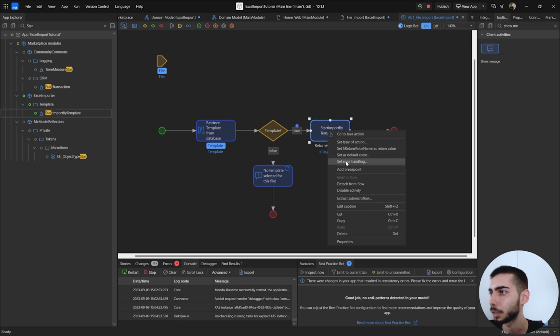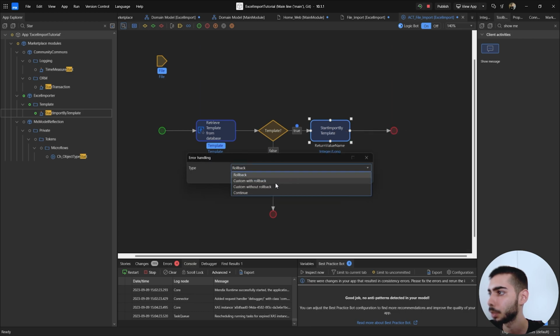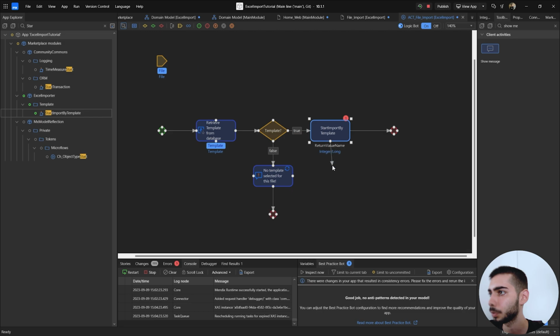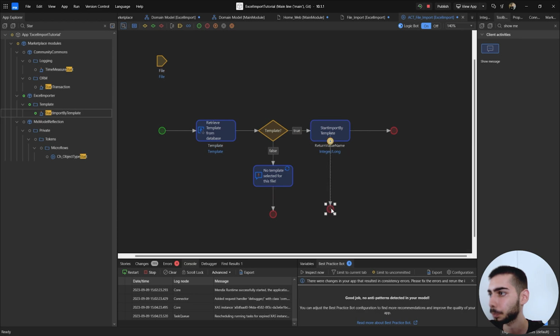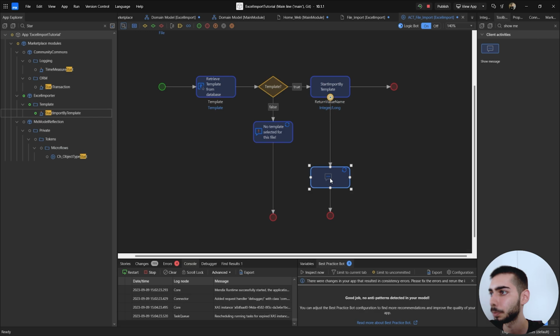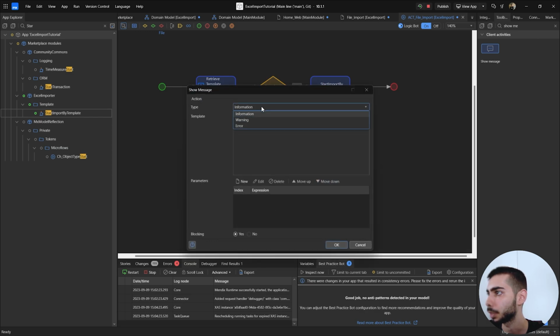So right click that error handling. We can create custom without rollback. Click OK. So drag and drop a new arrow and select end event. And here we can also add a show message. In this case, we can select error, and inside the template, we can write the following: